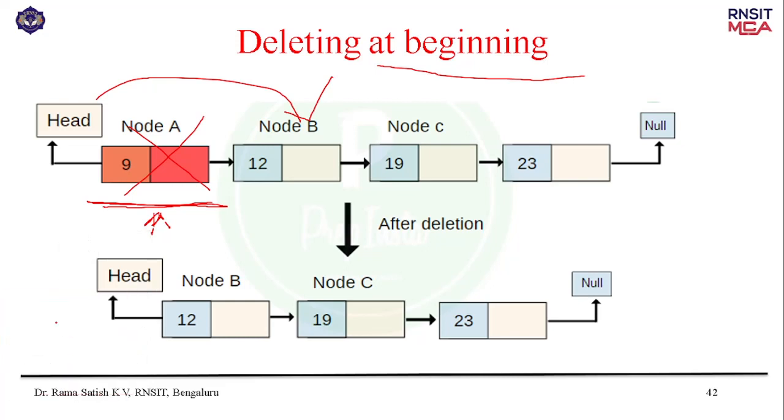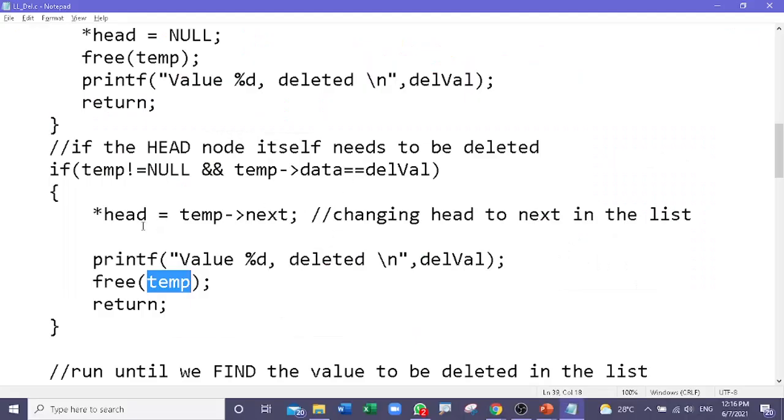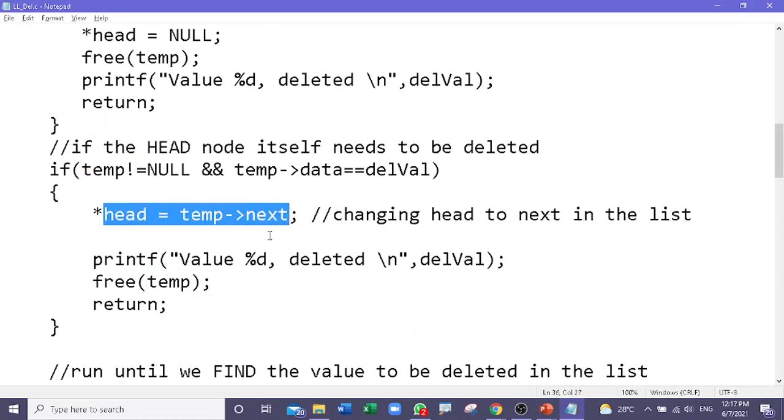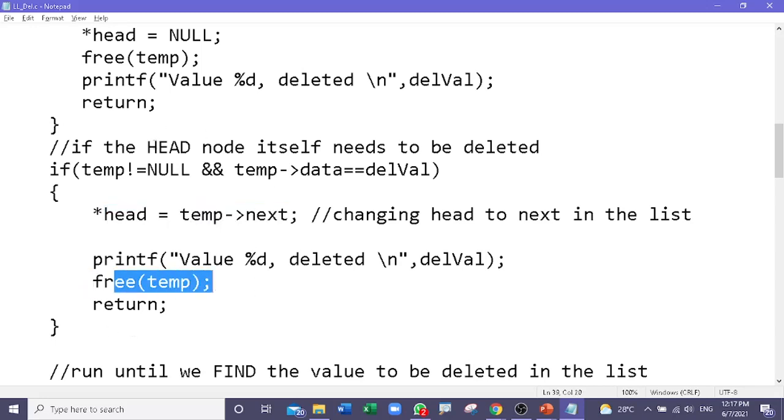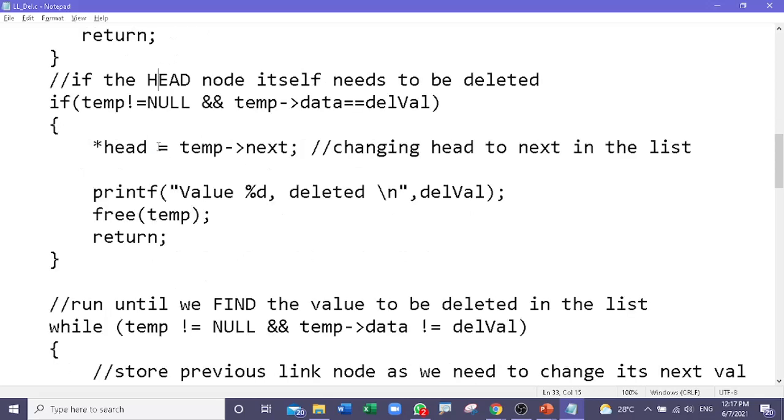So very simple. This is the first task you did: you moved the head node to the next node, and later, the second task, you deleted the node. Same thing here, you can see this is the first task, moving the head node to the temp next node, and later removing the existing node if the element is found in the first element, that is in the head. Now,